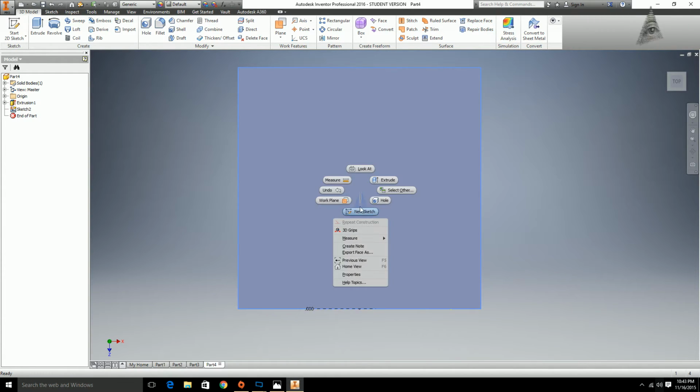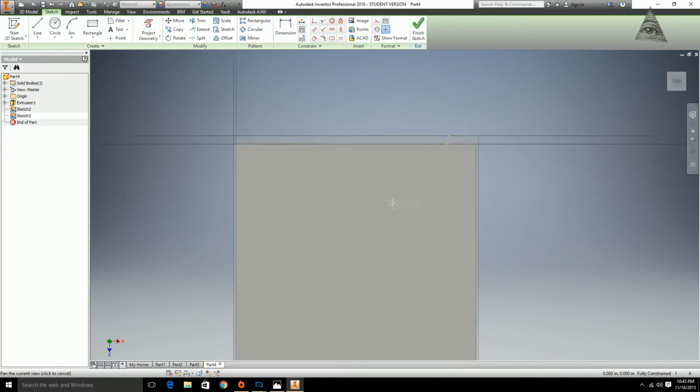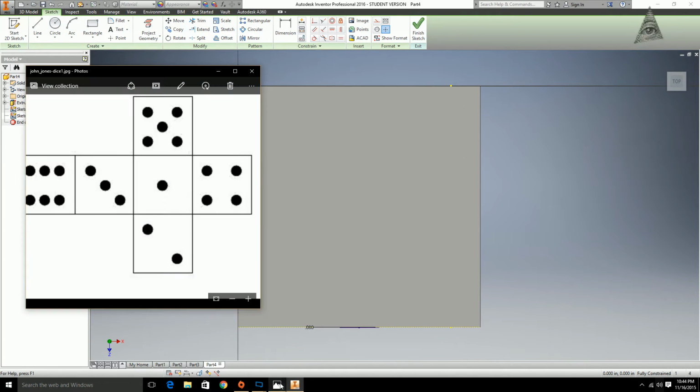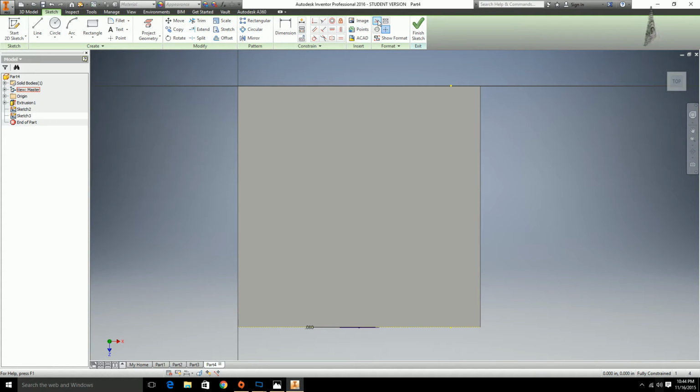So now we're going to right click on here, click new sketch. I'm going to center this. And we're going to put a couple of lines down. First thing that we have to do is click the construction line. Click line. We're going to line up the center